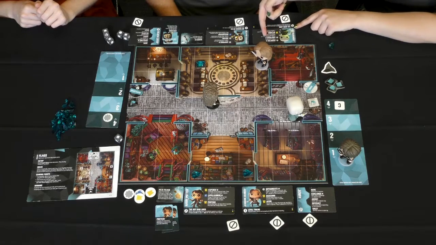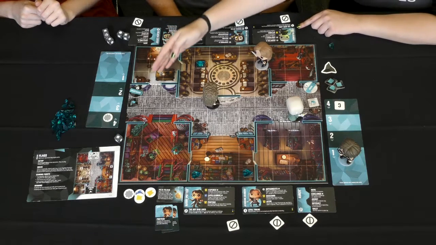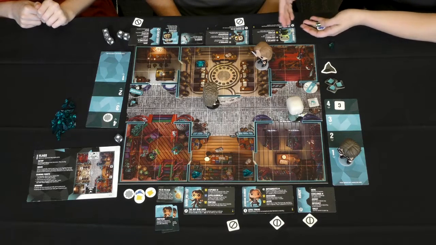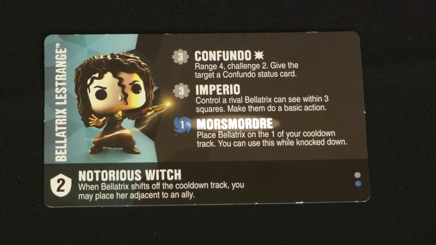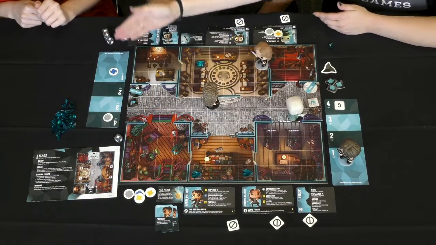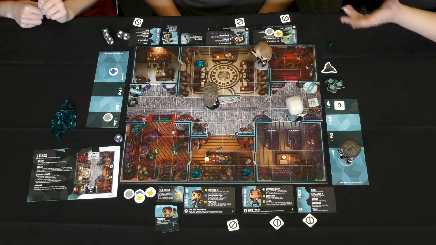It says range 2, challenge 6, so he gets to do a challenge rolling all 6 dice at a range of 2. And as the game goes on, that'll sort of tick down, and then he'll eventually get that ability token back for either him or Bellatrix to use. If it's not as strong of an ability, like Bellatrix's Mos Mordra, she needs a blue token, which you put on the 1. So that ability she's going to be able to get back more quickly,